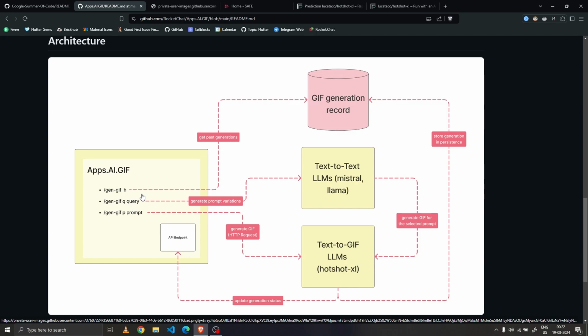This is for the normal user who does not know much about prompts and would like to take the LLM over for the prompt generation. Now the user can select any of the generated prompts to generate a GIF. The third command is one in which we directly pass the prompt. This is for the power users who know what they're doing and want to pass a specific prompt directly